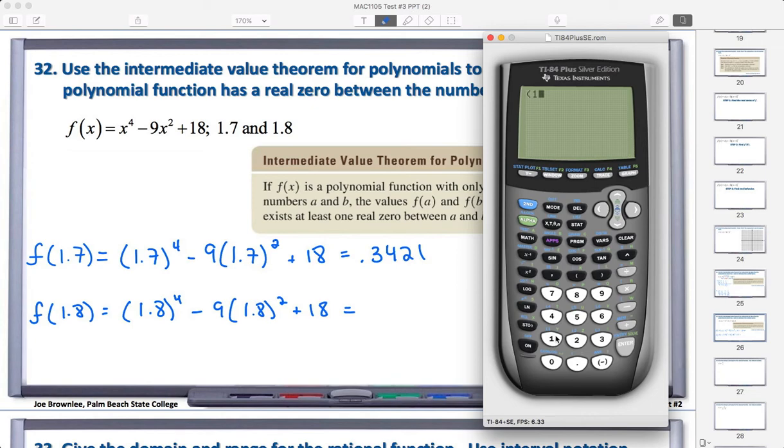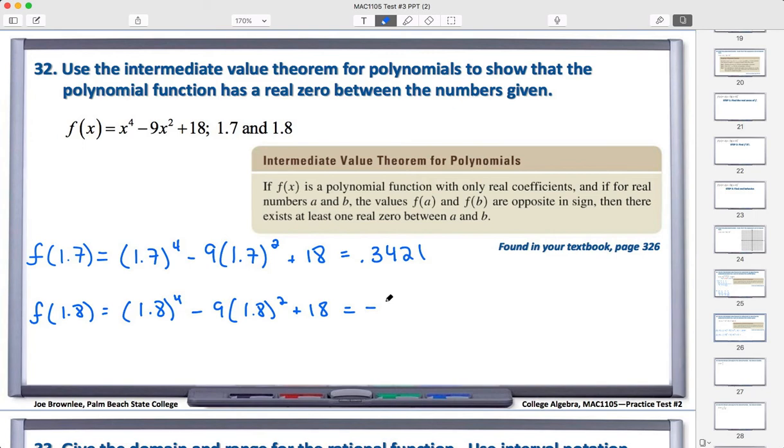So we're going to say 1.8 to the fourth minus 9 times 1.8 squared plus 18 gives us negative 0.6624. And again, we can see we have a positive and a negative,